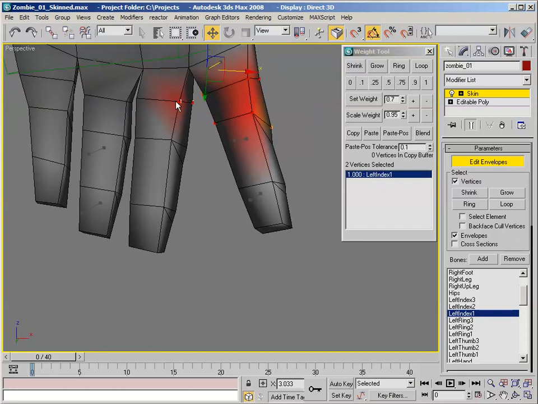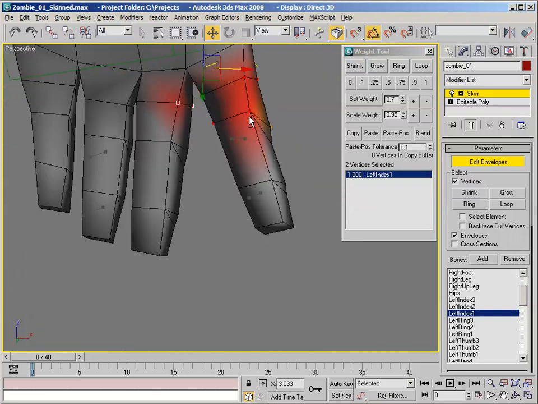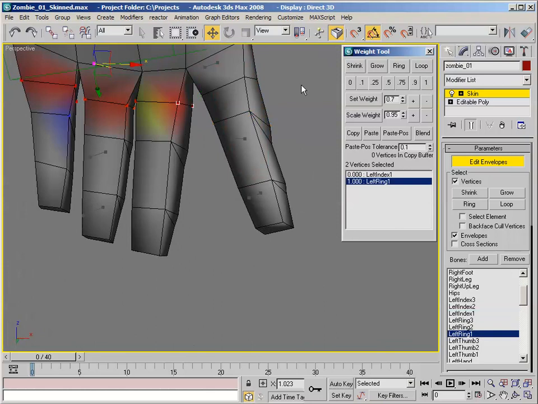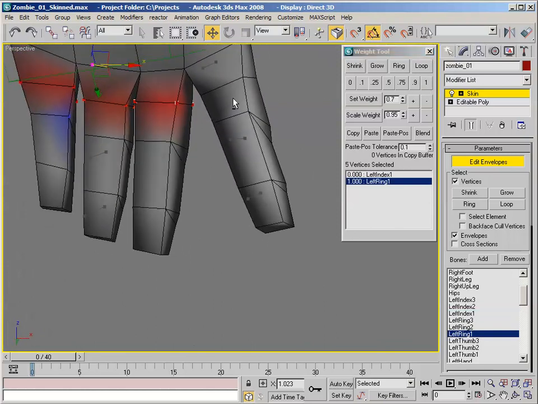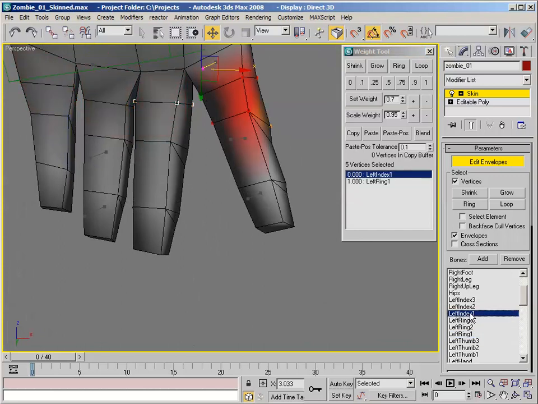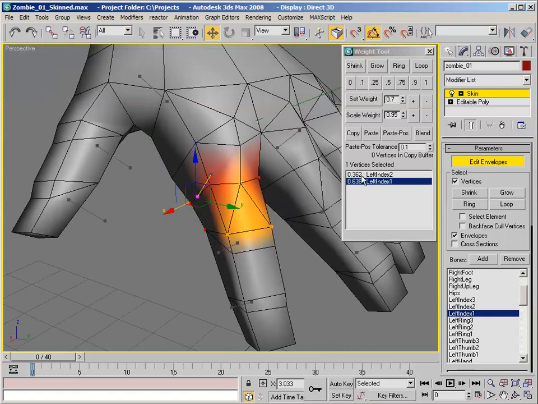so zeroing them would result in no weight at all, which is not a valid weight to have on a joint. So we'd have to actually bind those to a different joint rather than just zeroing the weights. So if I highlight left ring 1, which would be the joint they should be assigned to, then we just click 1. We might even assign that whole loop just to make sure it matches up. If we go back to left index, that's looking a bit more natural, and this one here should be weighted fully to left index 1,